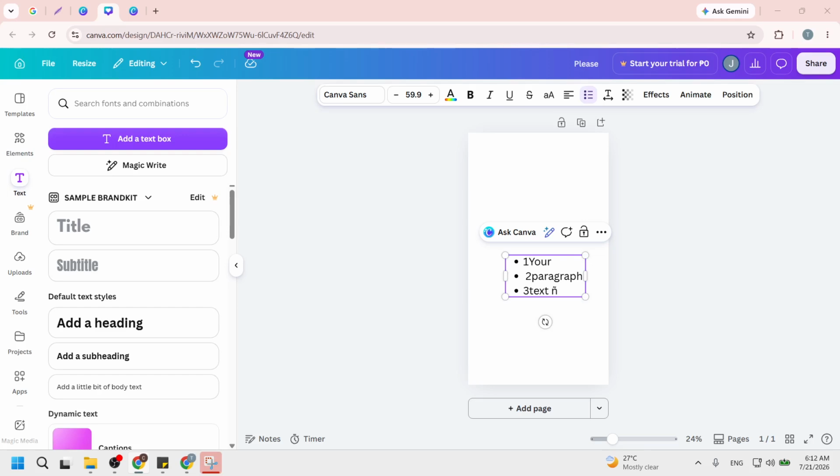Next, if you need to type an uppercase Ñ, the process is slightly different. Press the Option and N keys together and then release them. This time hold the Shift key and press the N key. This combination will generate the uppercase Ñ. Mastering these shortcuts is essential because it saves you time and ensures your text is formatted correctly.